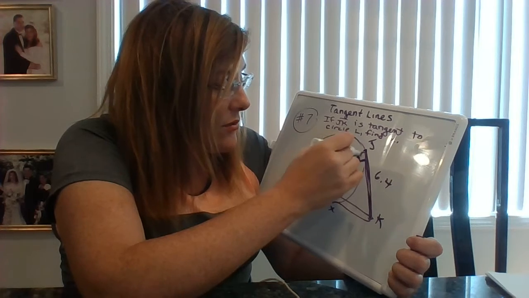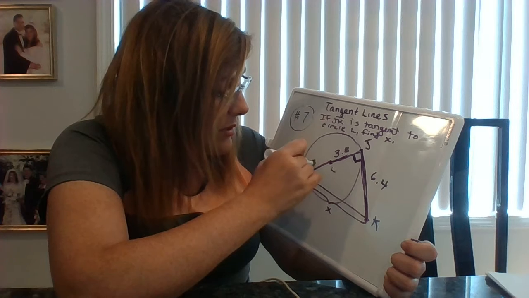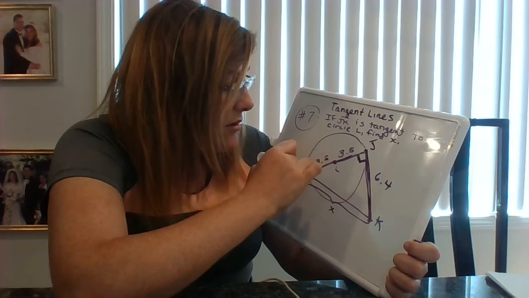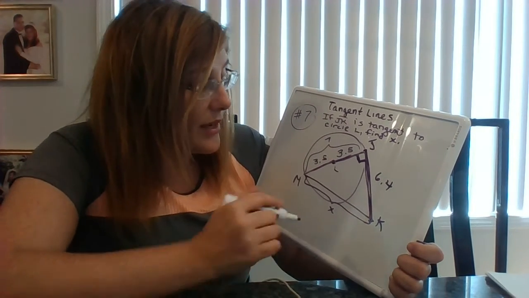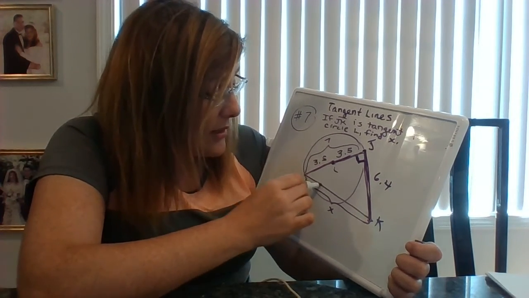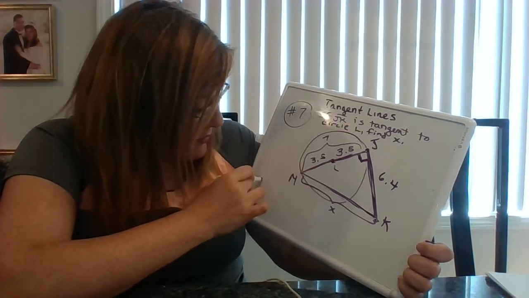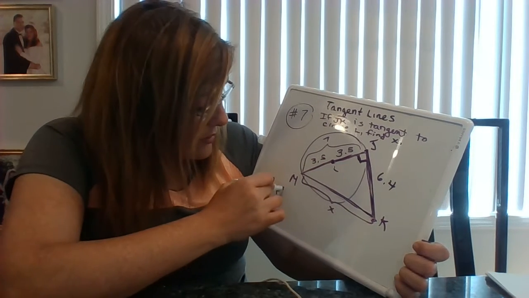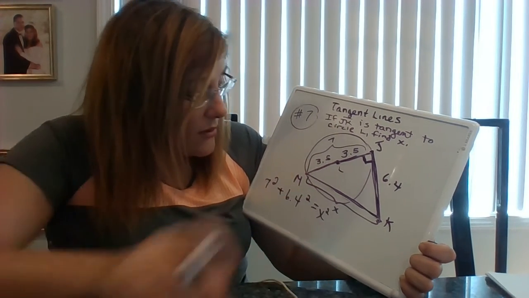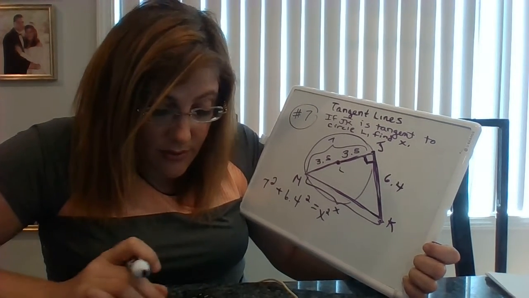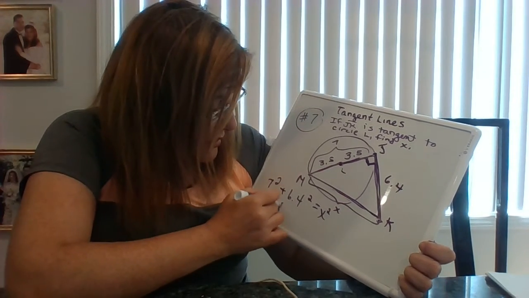Now, this radius is 3.5. So if that's the case, then this radius has to be 3.5. Together, the length of this line is 7. So they ask us to find X, which is the length of this side, the hypotenuse. So we know that this leg squared, 7 squared, plus this leg squared, 6.4 squared, is going to equal X squared. So 7 squared plus 6.4 squared equals X squared equals